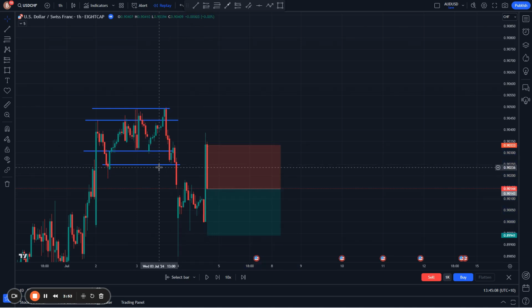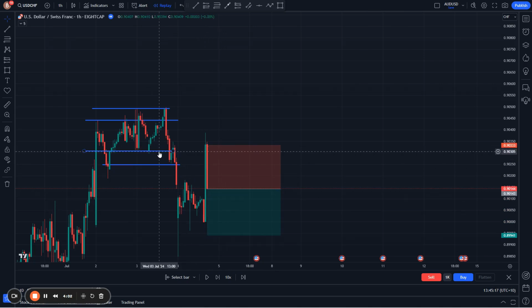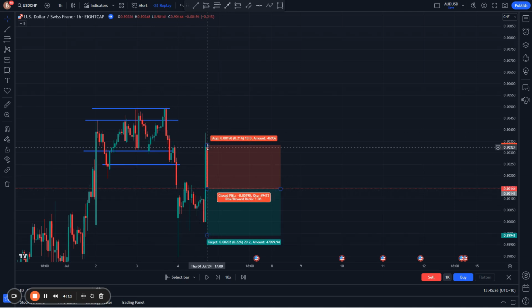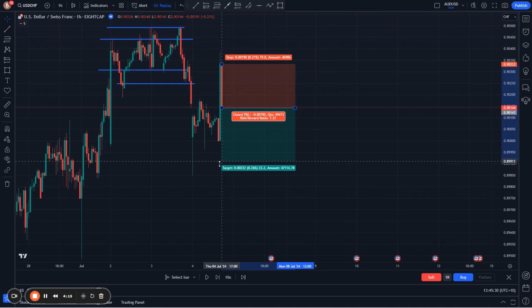There's absolutely nothing wrong with that because you're just adding an extra layer of defense. If it does come up, maybe it would like to test this area before it goes down again, but I doubt it's going to come back up here. The order block or the amount of orders that's then pushed into here, as shown by this, should throw the market back down. So I'm going to leave it right here for now, and I'm going to aim for a